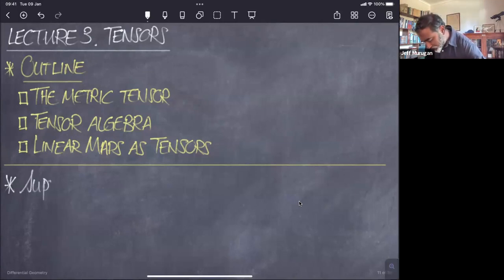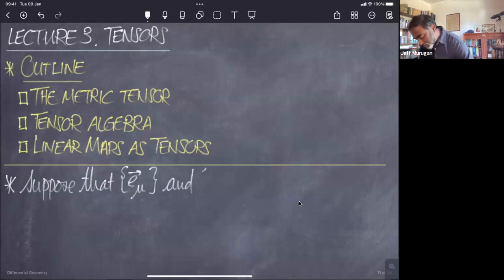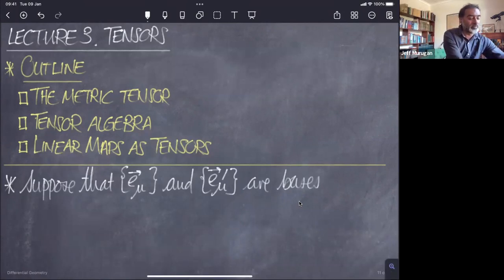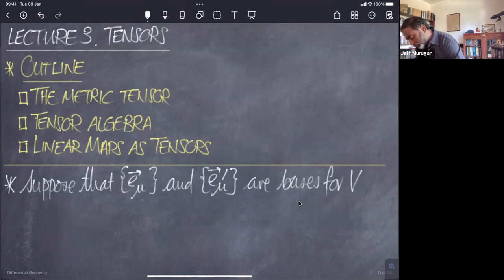So suppose that E mu and E mu prime are bases